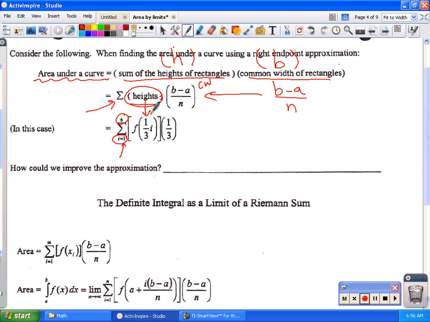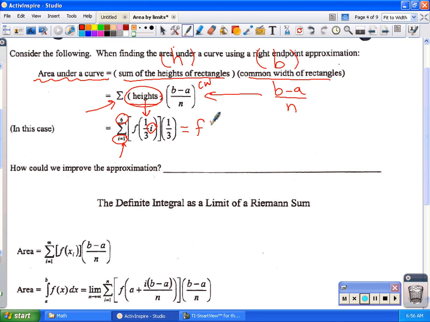And we did that on the other side. Remember, we did f of 1/3 plus f of 2/3 plus f of 3/3 plus f of 4/3. Well, that's what this sigma does. See the little i right here? That's my counter. So if I expand this sum using my sigma, you'll recall that hopefully from pre-cal, that would